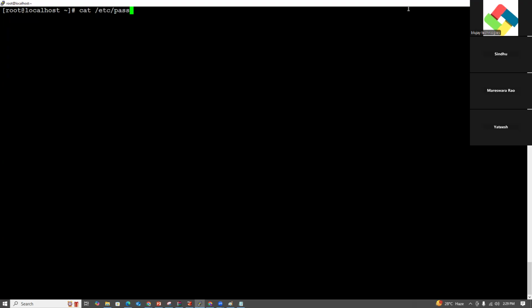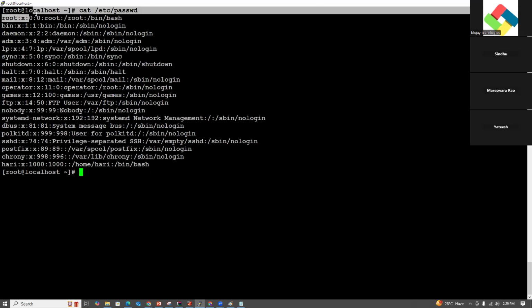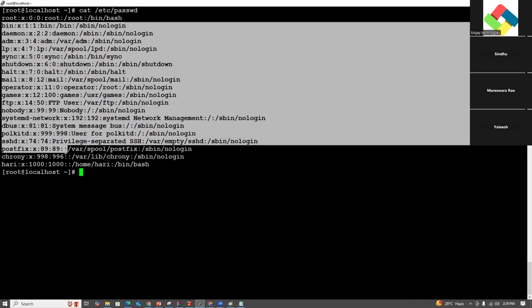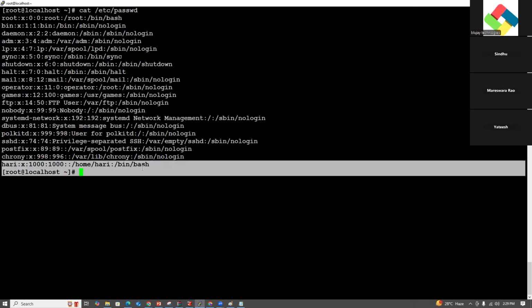What is the command? cat /etc/passwd. It shows the user information: root user with UID 0, bin, daemon, adm, sys. These all are system related users, up to 99. By default, normal users' UIDs start from 1000. This is nothing but a normal user.